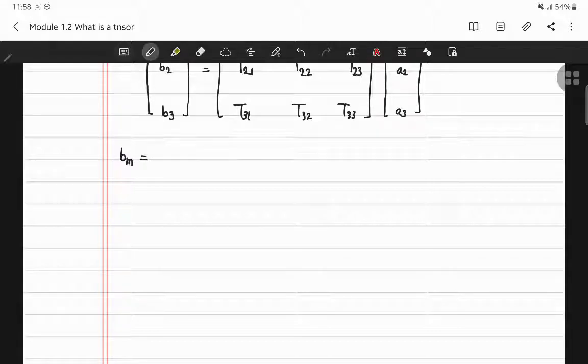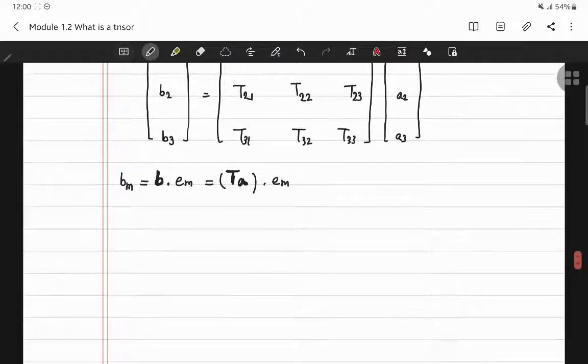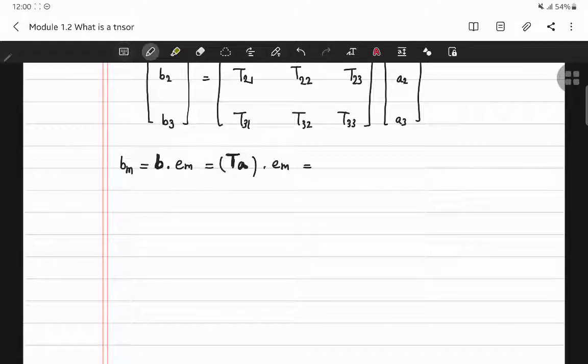in the initial notation, you have bm, for example, equal to b dot em, and this bold b is nothing but t times a, where a is ai ei. We can write it in this initial notation. And then this is the magnitude, so we can take it out. So this is ai, the bold t, ei, em, and this is nothing but